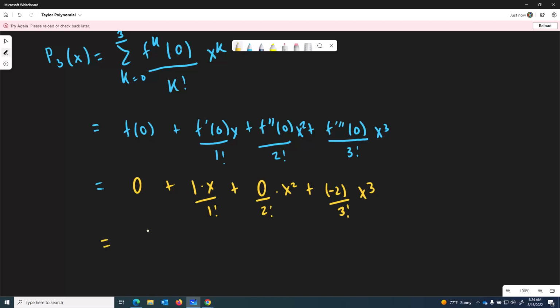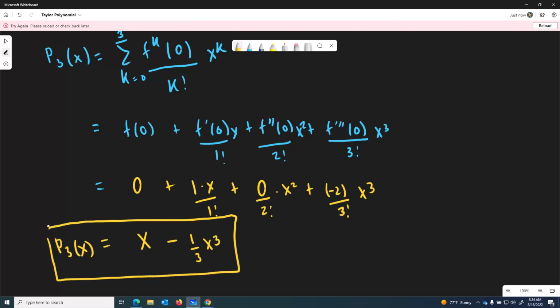Now notice that if you simplify this, it's going to be x minus 1/3 x cubed. So in either case, this is the third degree Taylor polynomial for arctangent. This is going to be our polynomial, and if we were to generalize this for the arctangent function, you would find that the nth degree